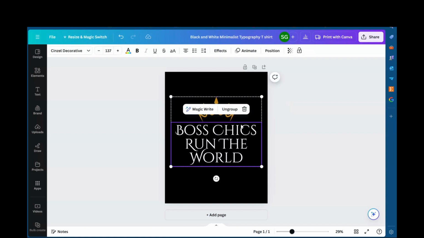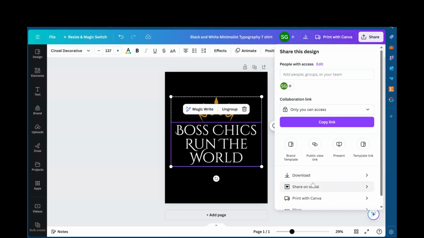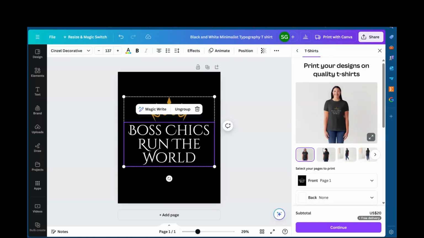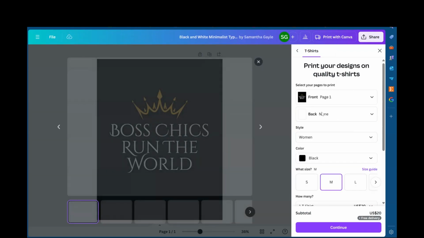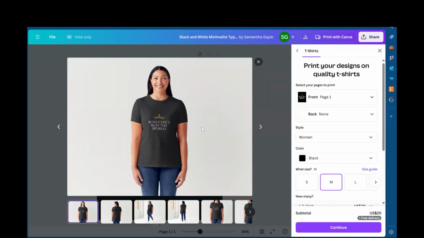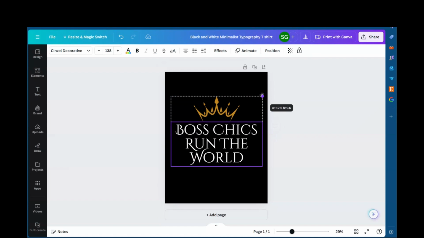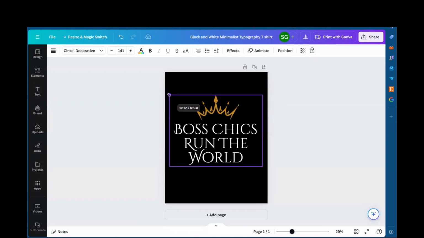But as you can see, this is how you could make a quick design. Let's go ahead, go to print with Canva, t-shirt. Yeah, and you could just keep playing with it. If you're not printing it here, the sizing is perfect,